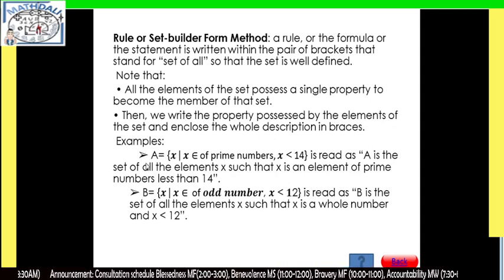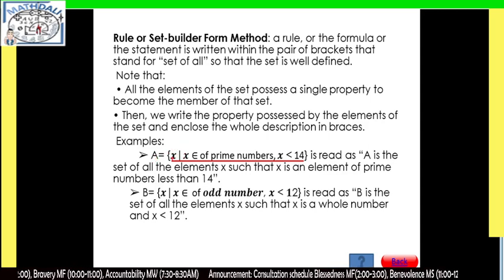Example, let's consider again this set A. Again, you should write that one using a capital letter. So let us have this rule. Okay, you notice that there is another variable or another letter inside the brace.